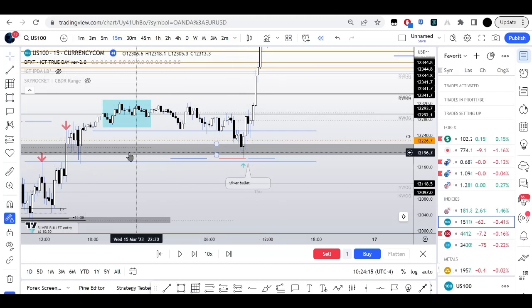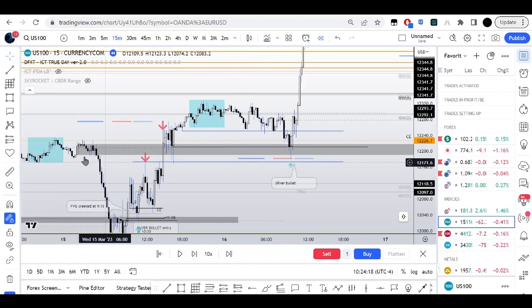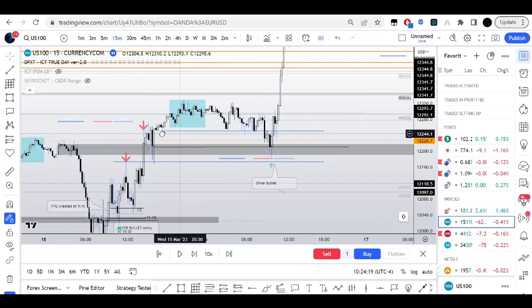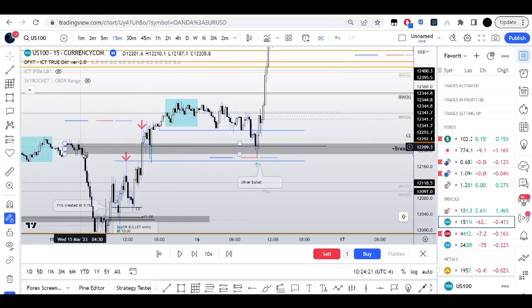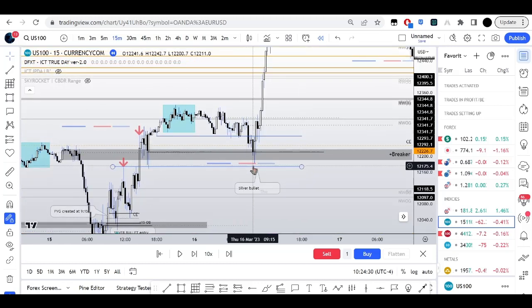And then here's an old fair value gap. Hold on, I think it's the breaker right here. So there's the breaker right there. It really doesn't need to push down lower inside of the range. And if it does push down through that, then it could potentially be a problem, especially since it's at around, what,